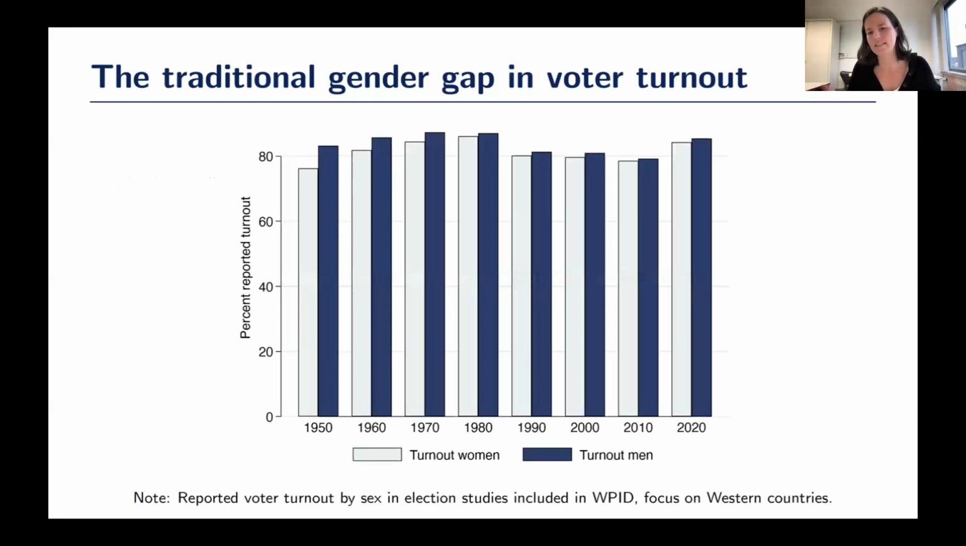Research from, say, the 50s and 60s observed that whenever they were looking at voter surveys conducted at the time and looking at reported voter turnout, quite systematically women were less likely to report that they had voted compared to men. And this is just an illustration of this phenomenon in national level elections across Western countries using data from Piketty and colleagues. What you see is the average reported turnout level for women in the light colored bars, and then for men in the dark blue colored bars,